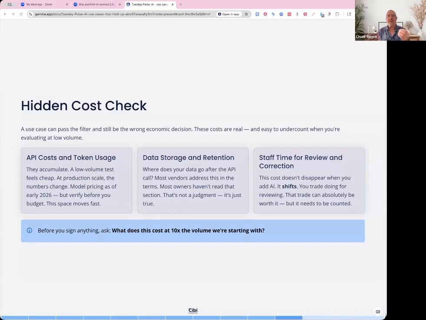So again, people look at the subscription cost and think that it's inexpensive. But if you start adding all of these other hidden costs, it can be up to 10 times more than what you originally anticipated. And so you have to think about where these things are going to be stored, how long it's going to be stored, what are the costs of your human outside of saving time on, it took me 10 minutes to write this email, I can now do it in 30 seconds. Great. Is there a review time? How does it impact? There's all those other costs that people don't take into consideration.